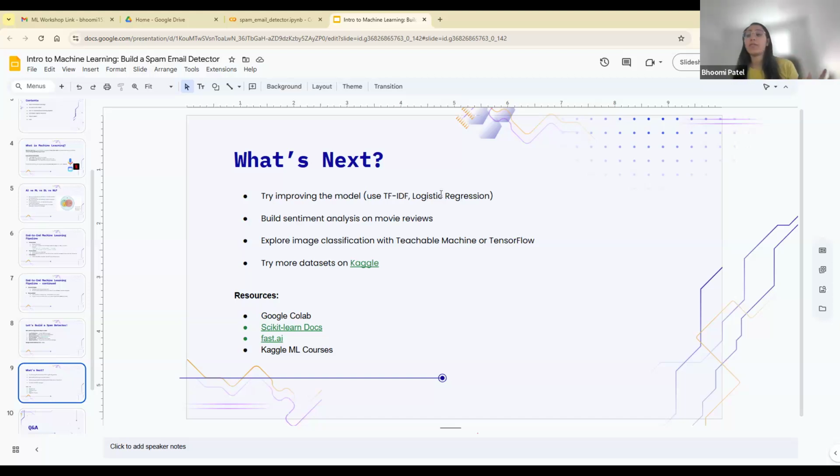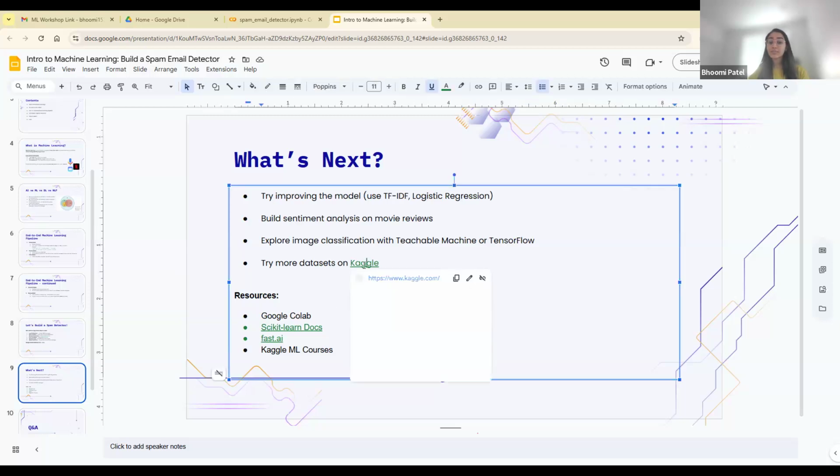You can pick one for your project. One example I've given is to build sentiment analysis on movie reviews. Given the movie reviews, can you read them and identify whether it's a positive or a negative review, which is very similar to what we did here with spam or ham. There's also a lot of image classification that you can do with TensorFlow, so that's something you can explore. And I'm giving you some resources, like this Kaggle